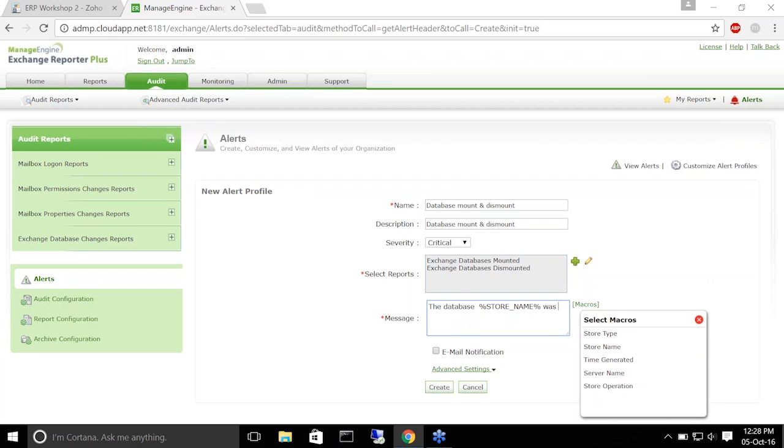was, and you can select store operation, which will either be mounted or dismounted. So that will be filled in here when you type in this macro. And you want the time at which this change happened. So let's put at and the time generated macro and a full stop. So this is the message you will get when you are alerted when a database in your organization is mounted